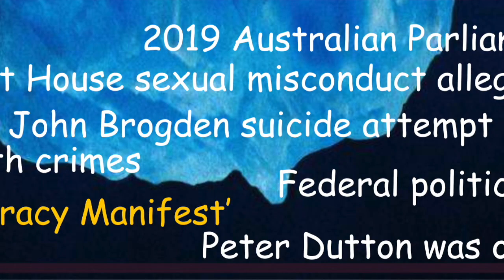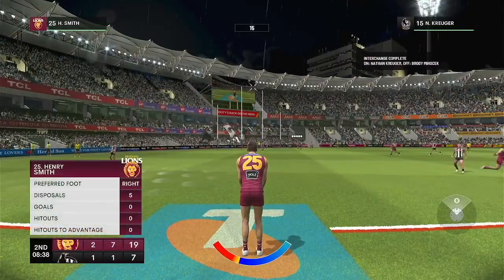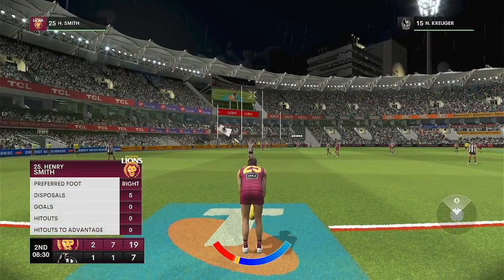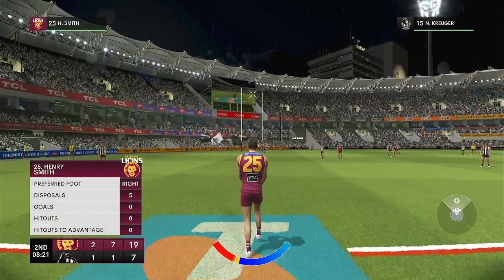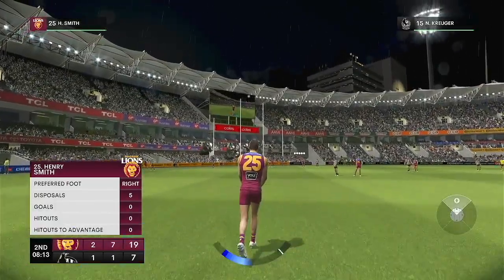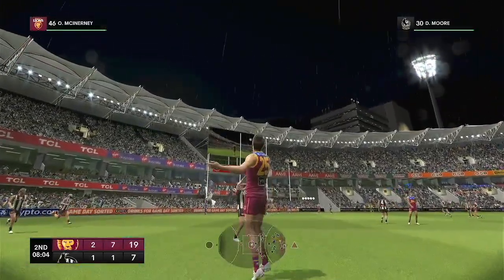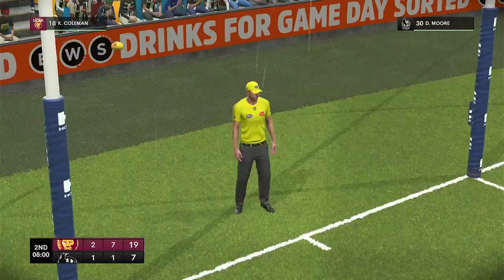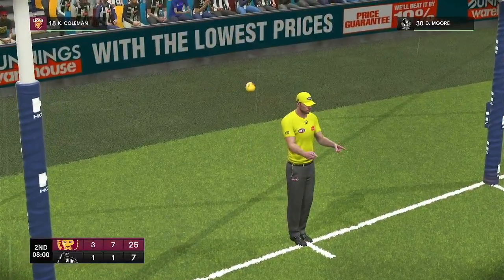The John Brogden suicide attempt. On the 30th of August 2005, John Brogden, former New South Wales opposition leader, attempted suicide in his Pittwater electorate office. It was after resigning over a scandal involving racist remarks and inappropriate behaviour at a July function. Found unconscious with self-inflicted wounds, he was hospitalised, prompting shock among colleagues.